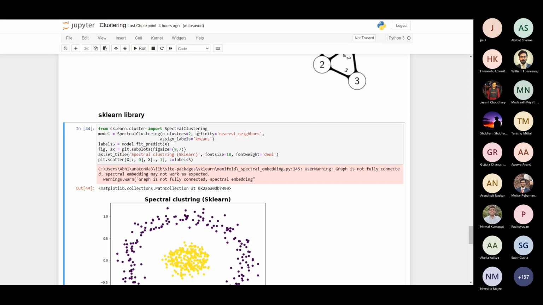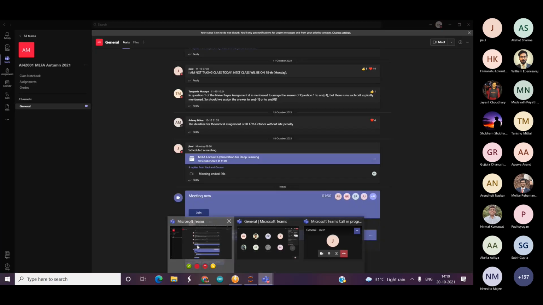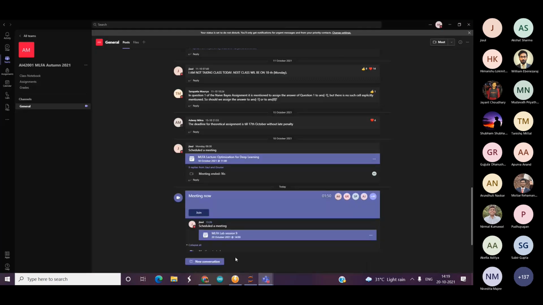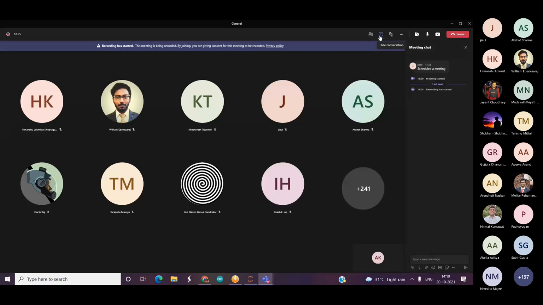Okay, can you please write in chat? Okay, what are eigenvalues in clustering?